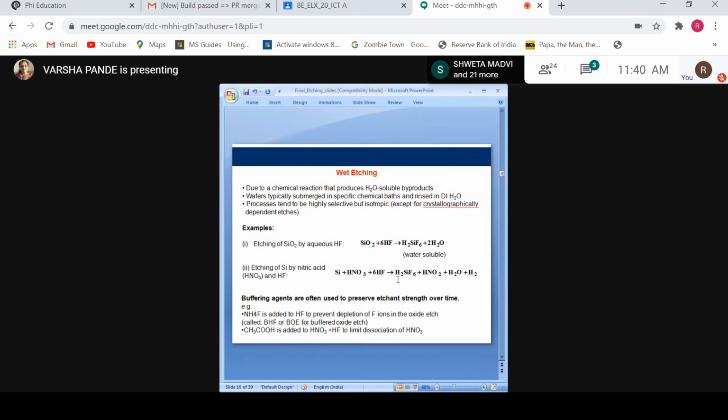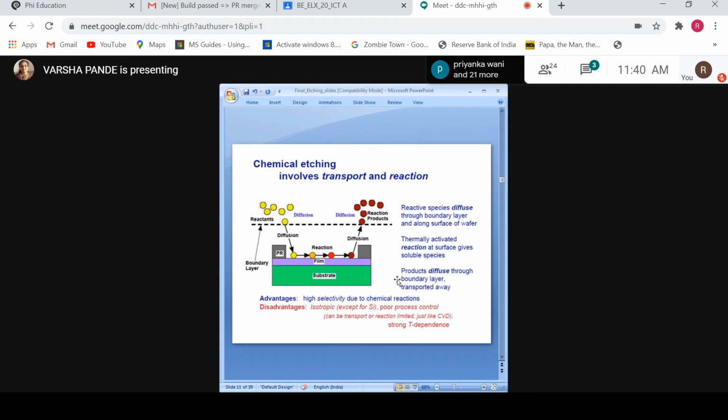Means here in the example you can see that if you want to etch silicon dioxide, which solution do you require? Hydrofluoric acid. If you want to etch silicon only, then along with the hydrofluoric acid you require nitric acid. These two solutions are mixed together, and then within that solution the silicon substrate is placed, which is protected by the mask, and where the windows are there, only that part will be removed. Understood? So like this the wet etching is there. How the actual operation happens is shown here.